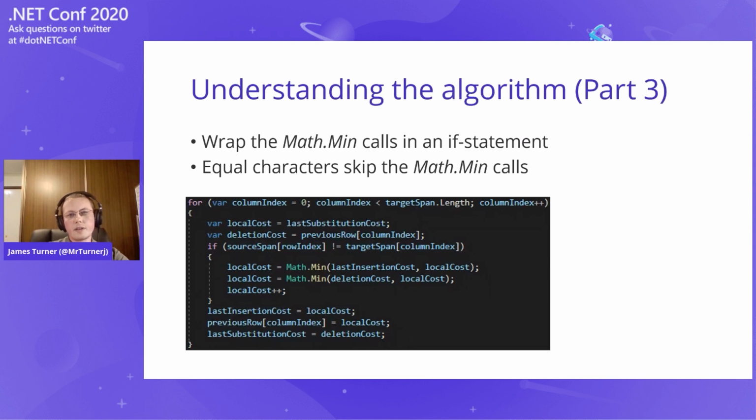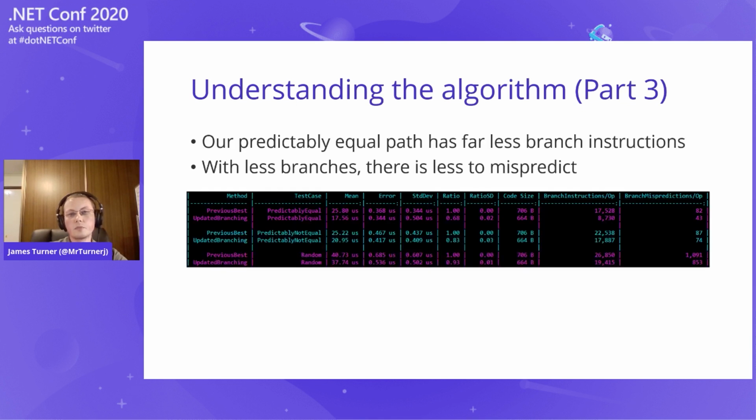Replacing our ternary operator with a full if statement for our character comparisons, we can wrap our Math.Min calls. This makes our best case, where the characters are equal, have 2 fewer branches. Our worst case, where the characters are not equal, has the same number of branches. Performance-wise, we are seeing a measurable speed up across the board. The hardware counters, while remembering their accuracy limitations, show a large difference on our predictably equal test case. Strangely though, there is a speed up on the predictably not equal path, though there should be no less branches